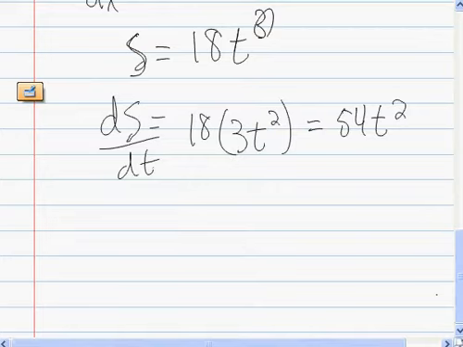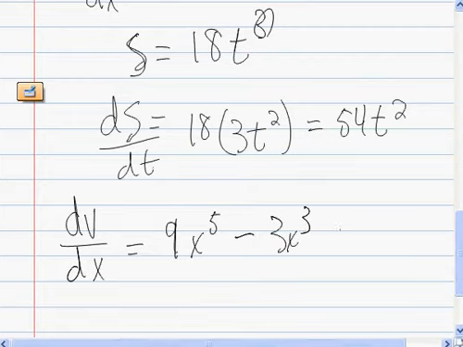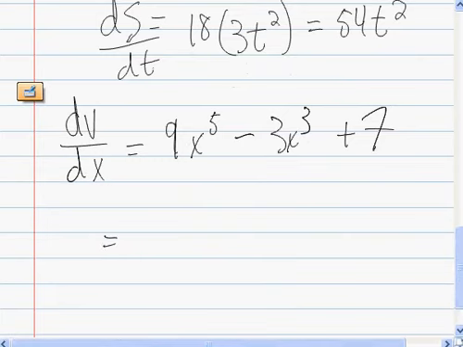So if dv dx equals 9x to the 5th minus 3x cubed plus 7, then this is going to be 9 times 5, because that's n, x to the n minus 1, that'll be x to the 4th, minus 3,